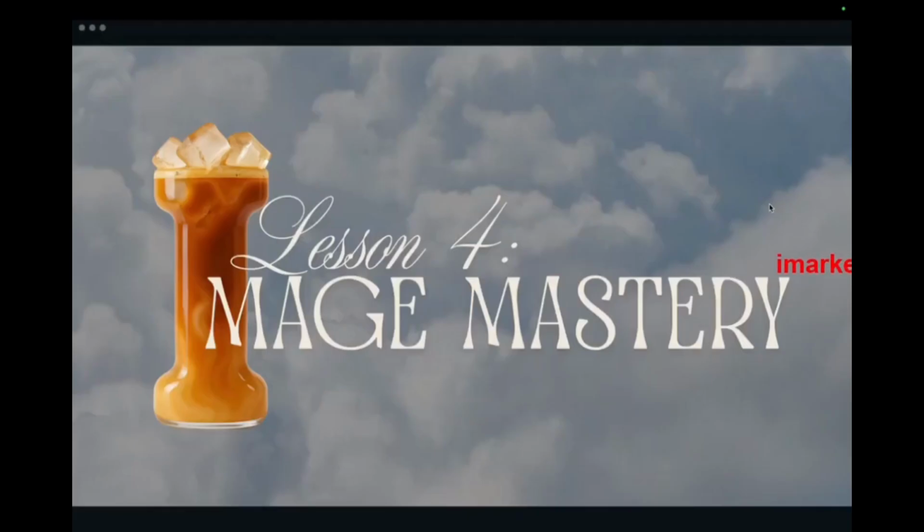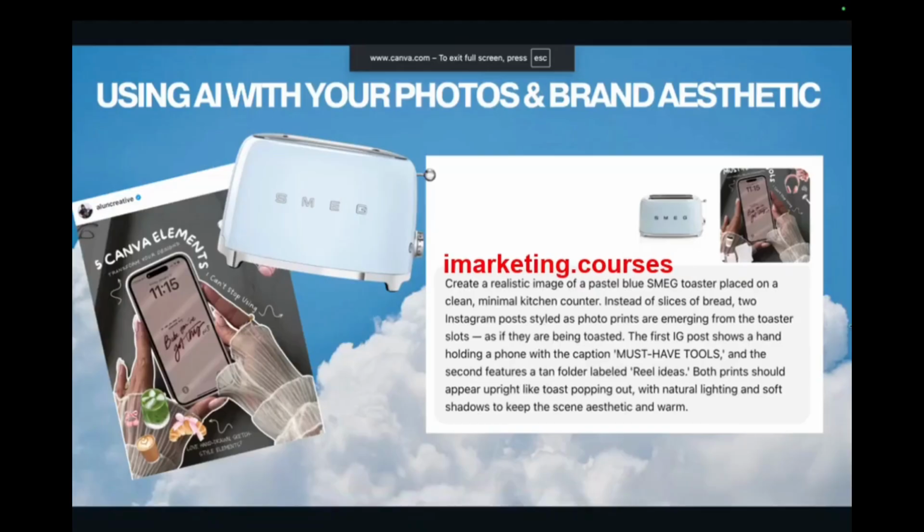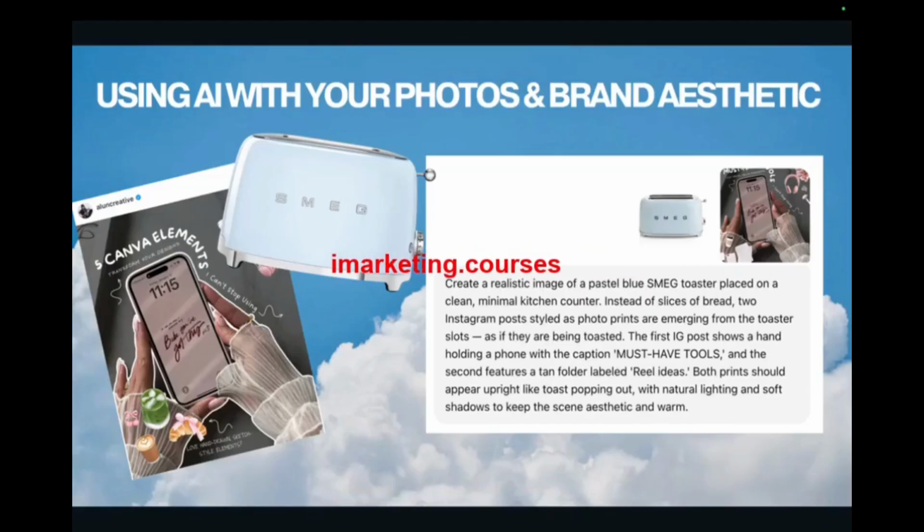Now, for the fun part, we are creating scroll-stopping content photos with AI. Let's get to the juicy part, how to create content photos with AI. In the next lesson, we will learn how to create videos from those images you generated. So I want to focus on two main tools, ChatGPT and Midjourney. We are not going to use any more tools. I don't want it to get overcomplicated. I must say we will use two more tools that will improve the results of specific things I will show you later on. So let's dive in.